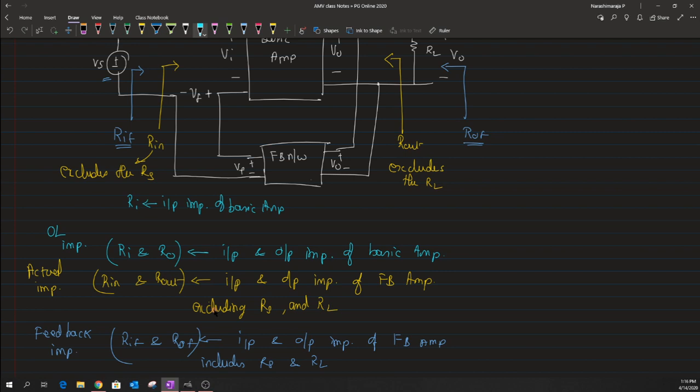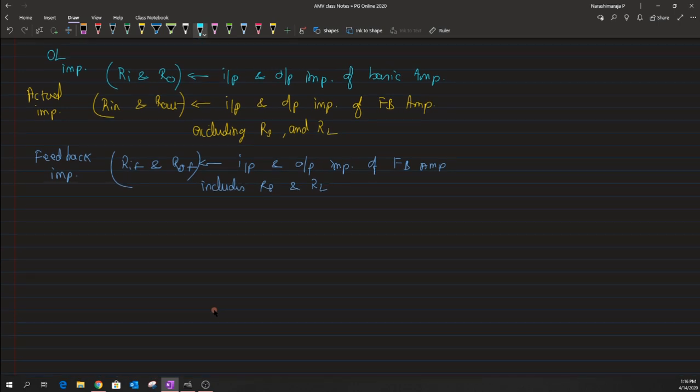Okay, so as I said, we basically have four different types of two-port parameter network models, which are the H parameter, the second one being the Z, the third one is Y, and the fourth one is G. Okay, so these are the four different available two-port models that we have,